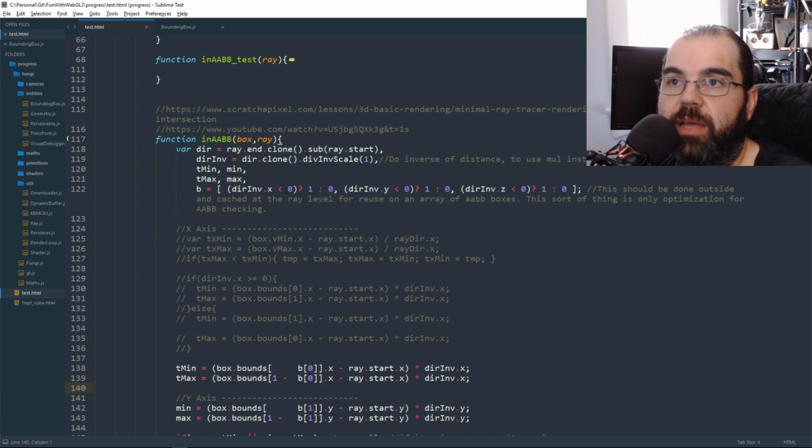Now, if x is less than 0, I'm going to get 1. So here it's 1. So for t min, I'm actually going to get the v max value for subtraction. If that's 1, so 1 minus 1 equals 0, then I'm going to use v min. So by doing these quick if statements and then saving the index between 0 and 1,